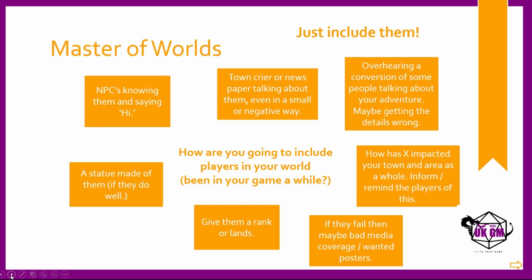Now, your world, depending on the technology level, might not have a printing press yet. However, they will have some way of broadcasting propaganda, depending on the type of world that you're building, or just broadcasting the news. Now, if something bad happens with the party, and it doesn't even have to directly be them in it, it could just be, oh, a local fire happened, but that was actually the party's fault. And then they see it on a local poster, or maybe up on a town square bulletin.